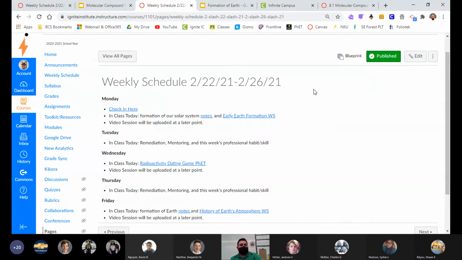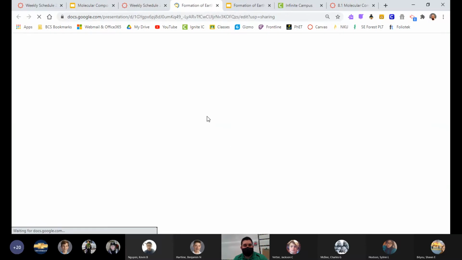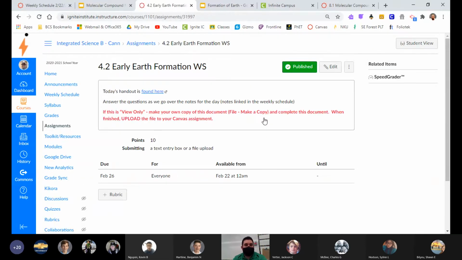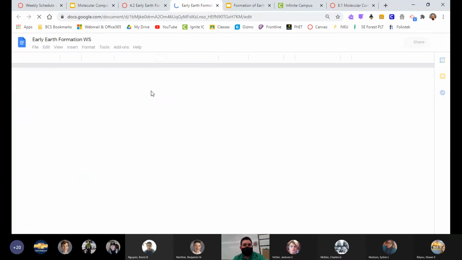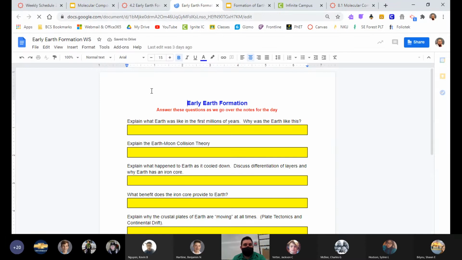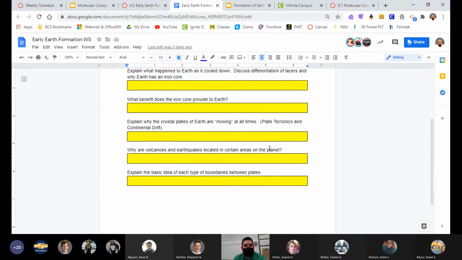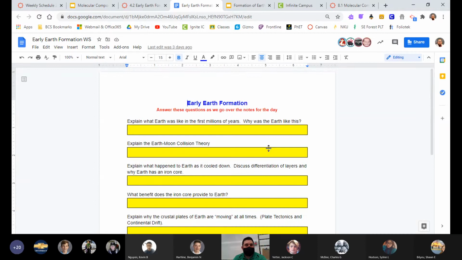We have some little note on the formation of... actually I should change that, not really formation of the solar system anymore. It's actually the formation of early Earth. Let me double check that, make sure, yep, you're getting that one on there. Then we have an early Earth formation handout. So this handout here, go ahead and open it up and pop it up. These are going to be some guided notes on the early Earth formation. And again, we talked about some of this stuff already a little bit. But these are going to be the big ideas, the main ideas I want you to cover for today.